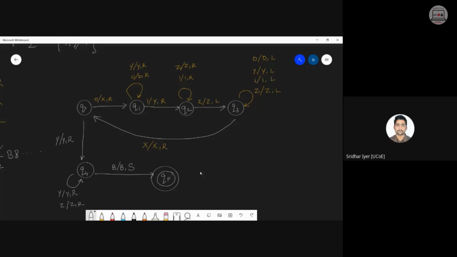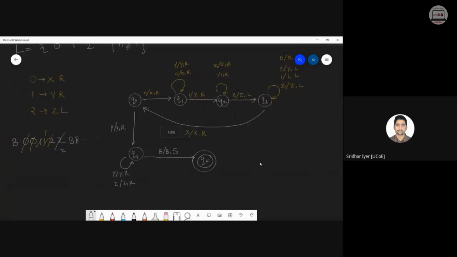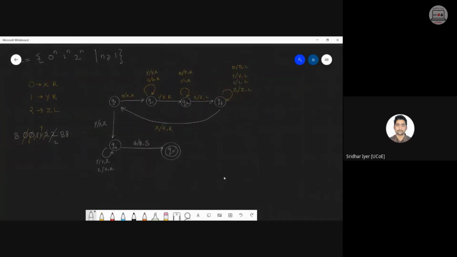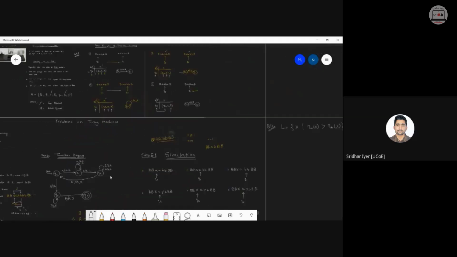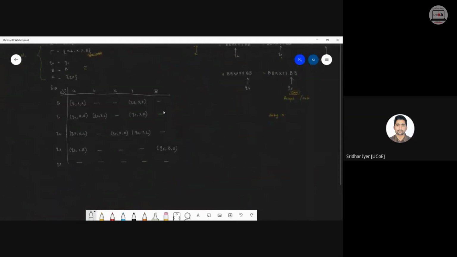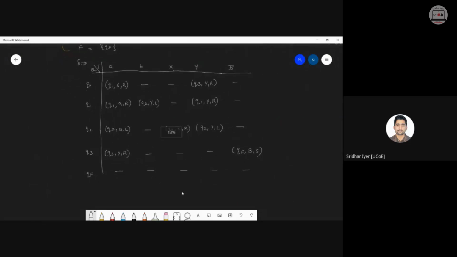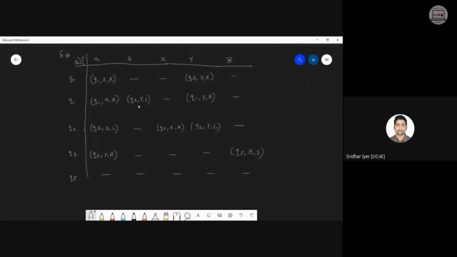So now I think you can draw the table out of it, or do I need to show it? I will just take the example of yesterday's problem. I will just show you how to construct the table. As you remember, we have the table in this format. Along the rows, we have the states. Along the columns, we have the inputs. So instead of 5 rows, we will be having 6 rows over here. That is 6 states. And instead of 5 columns, obviously, we will be having 6 columns for 6 inputs.